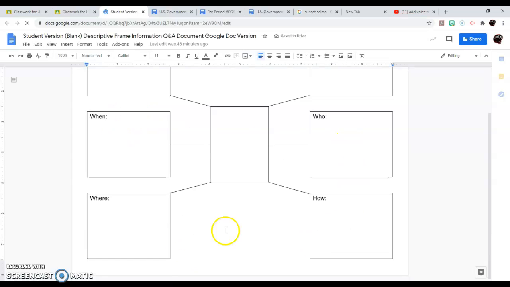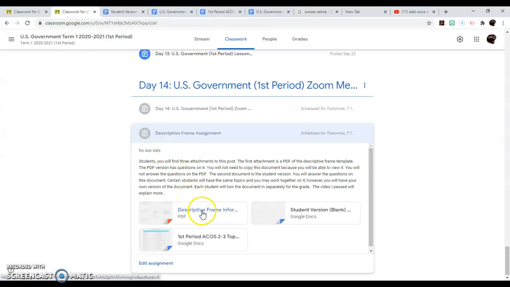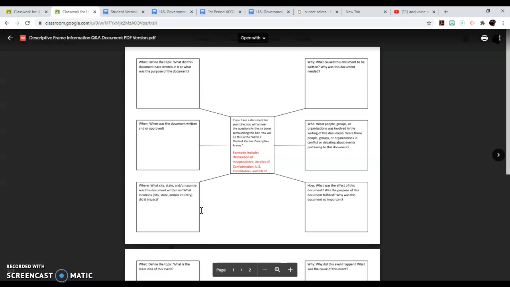All right. So when you see that attachment, that shows you what you are doing on your student version of who, what, when, where, why, how. Again, I'm going to open this back up just as a simple reminder of what you're doing. If you have U.S. Constitution, basically just remember that you're just answering these questions. The only other thing I want you to answer under what is that it is divided up into a few parts. And those few parts, they're really 3 parts. All right, just make sure you tell them what those 3 parts are. You don't have to go into all of them.